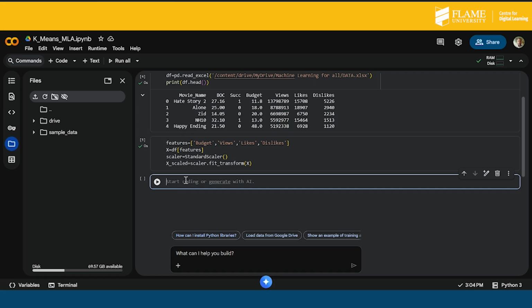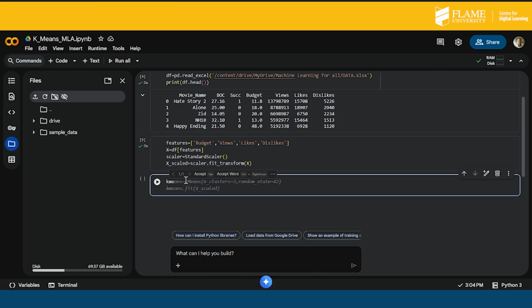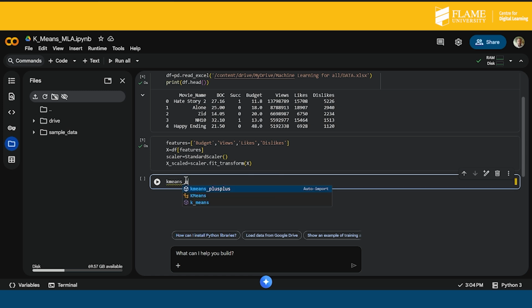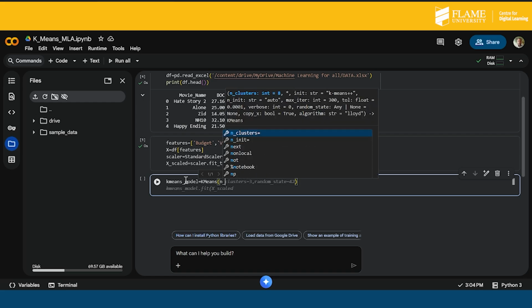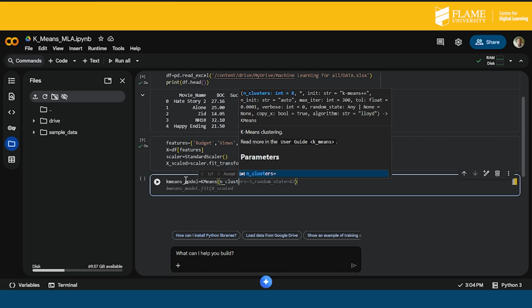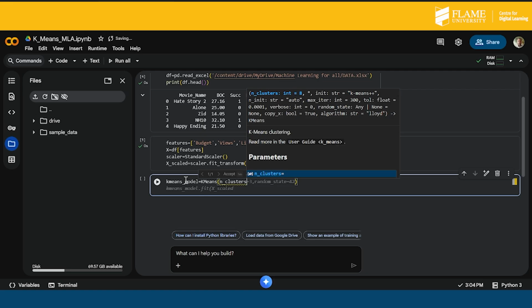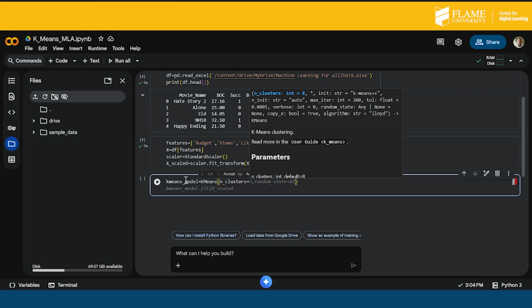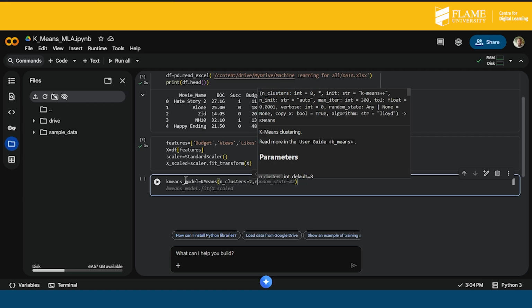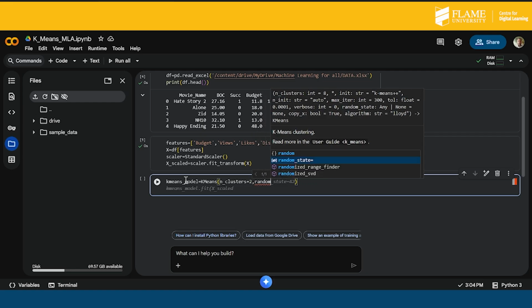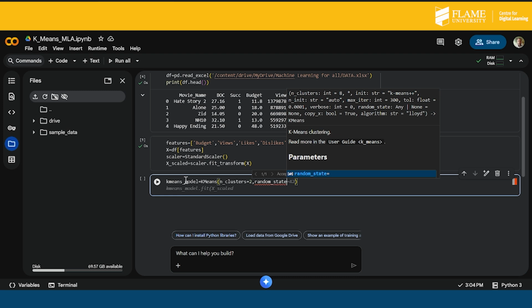So k-means model, I'm just naming it k means underscore model equal to KMeans. Within n_clusters, this n_clusters is nothing but how many clusters you actually want to create, that you have to define over here. Let's say I'm creating 2 clusters over here, and again a random state equal to 42,